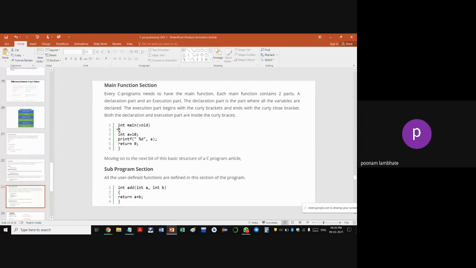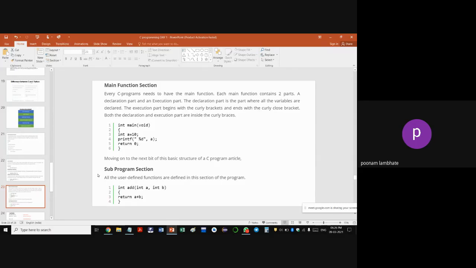Okay, this is an example, int main. In brackets, that is called parenthesis, you can write void, means it is not taking any arguments. Even if you don't write void, it is fine in C++. Then there is a declaration and initialization done simultaneously here. Int a equal to 10. Then you have your printf statement. Why you use printf is because printf is used to display the particular value on your output. Then return 0. Now it depends on your compiler whether you have to return a value or not.